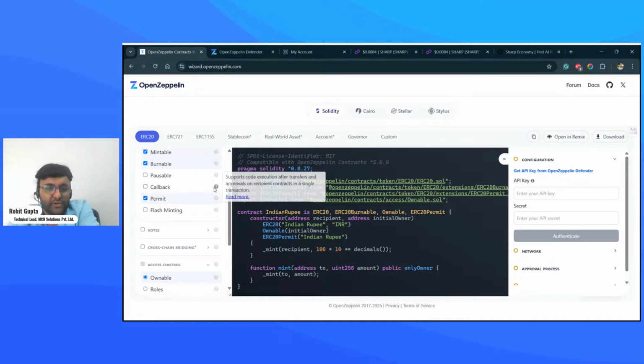Then callable. This is a very common thing. We have been working with Sharp token for around 2 years. What people do is they send their tokens to someone else by mistake, or they forget the passphrase or the secret key.